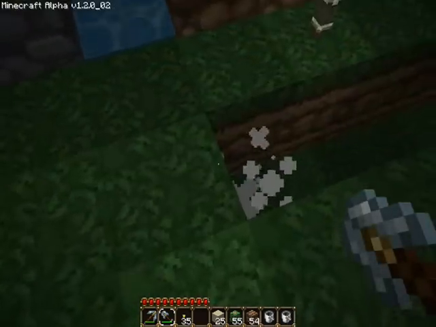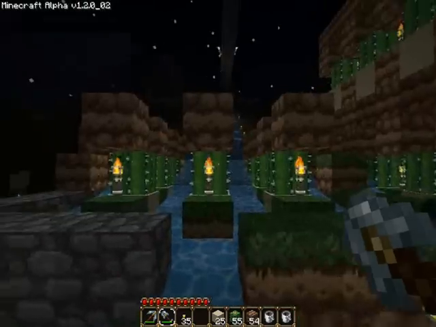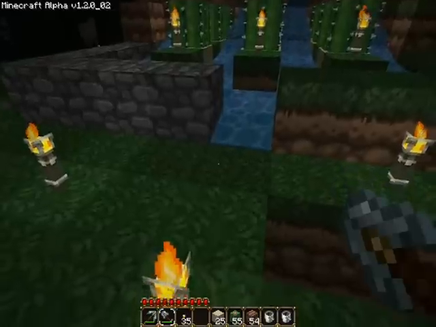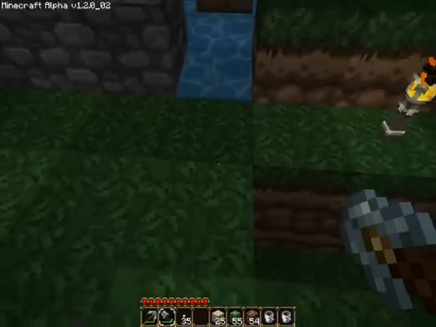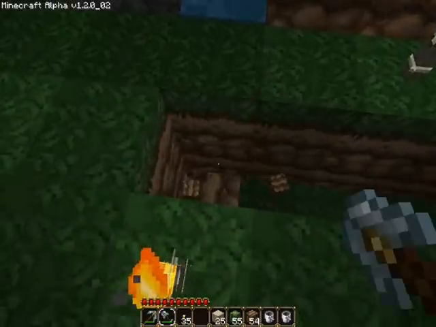Oh, if you haven't noticed, everything looks much different. I downloaded a texture pack. It's a mixture. I'm not sure a mixture of what, but it's mostly Doku's RPG texture pack, which makes everything kind of look